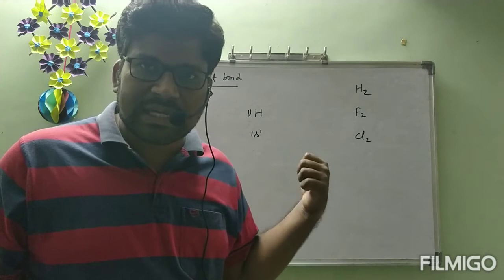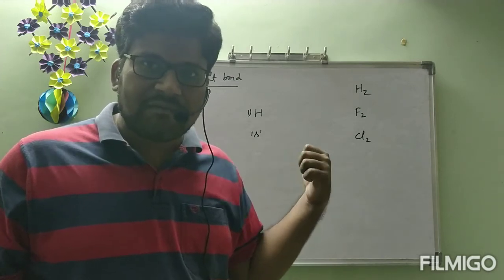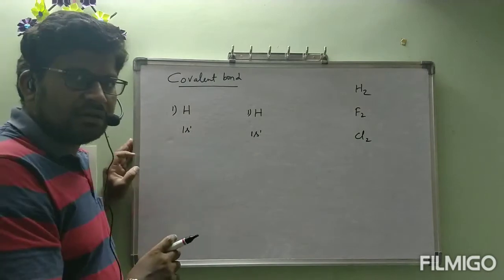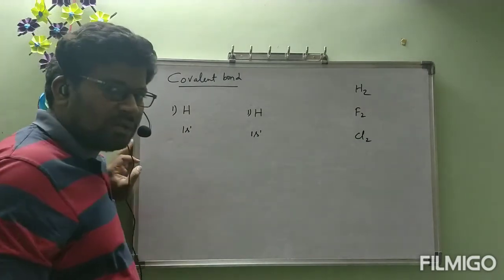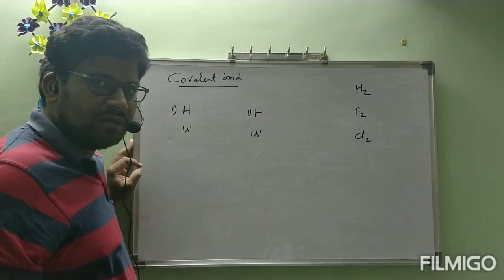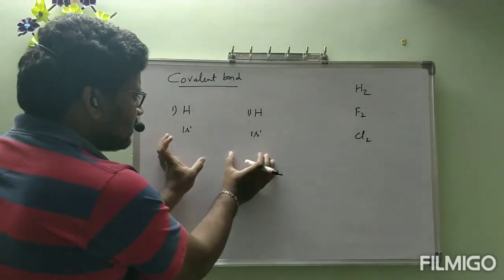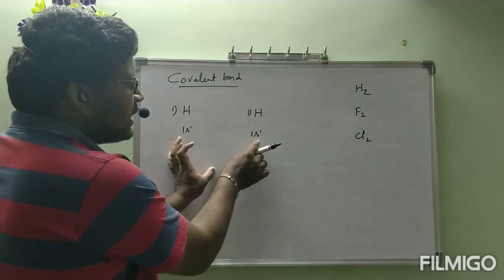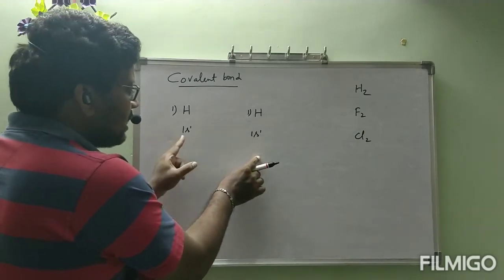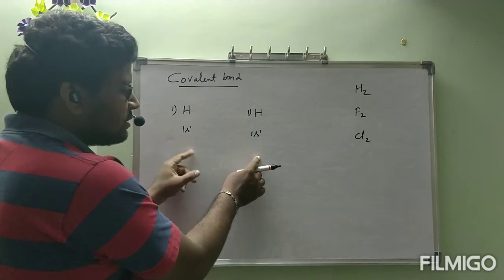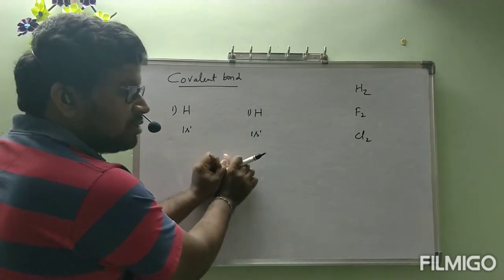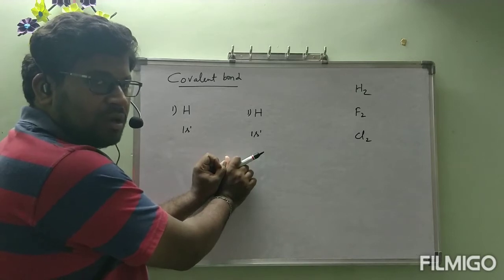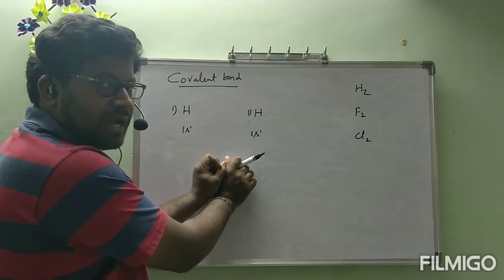I hope you understood that example very well. With the help of that we will see that this hydrogen is not able to donate the electron. Even this hydrogen is also not able to donate the electron. Then what will they do? These two hydrogens will come closer and form the bond in a way that one electron from one hydrogen atom and one electron from the other hydrogen will be shared with each other. Mutual contribution.